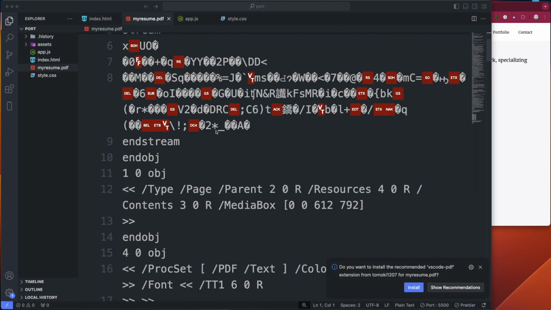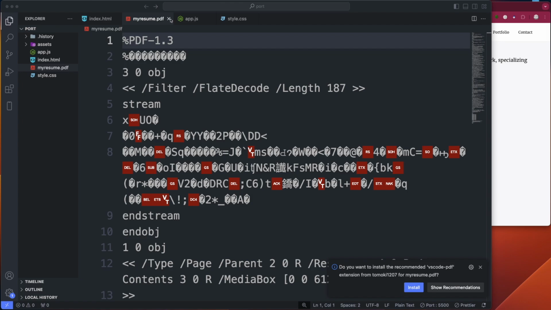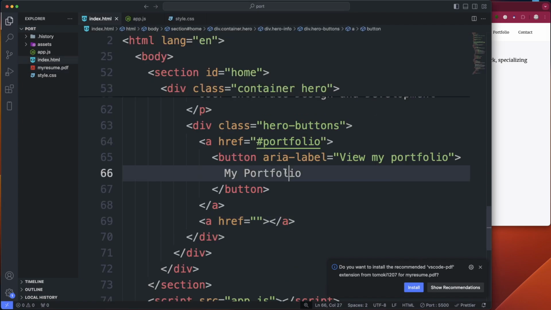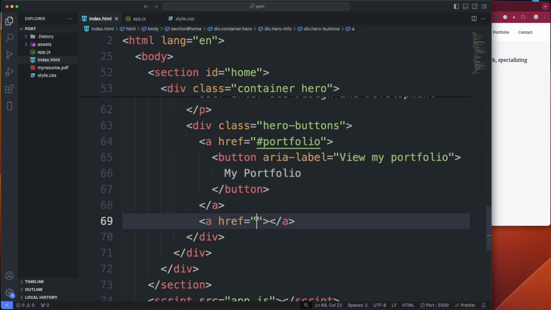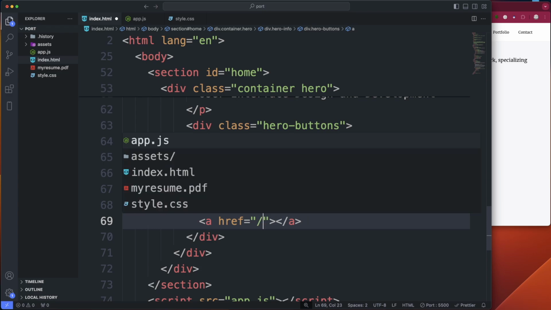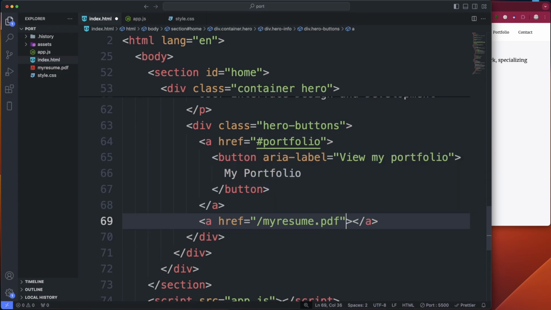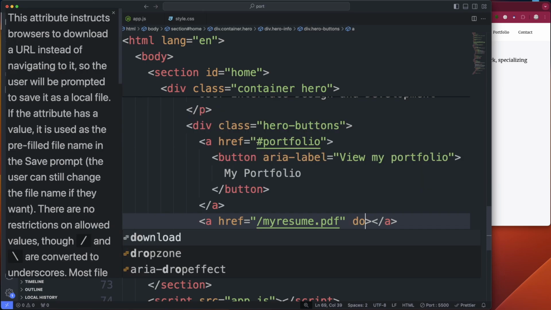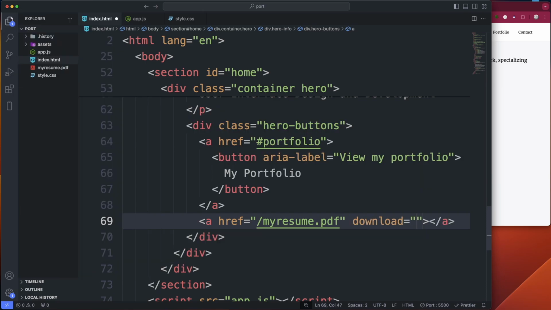And it's just a little note that says, this is my resume. It's not my actual resume, but I'm just showing you guys how to have it download whenever somebody clicks on this button. So we're gonna have a slash, what is it called? My resume.pdf. Then we have a download, and then we're just going to download slash